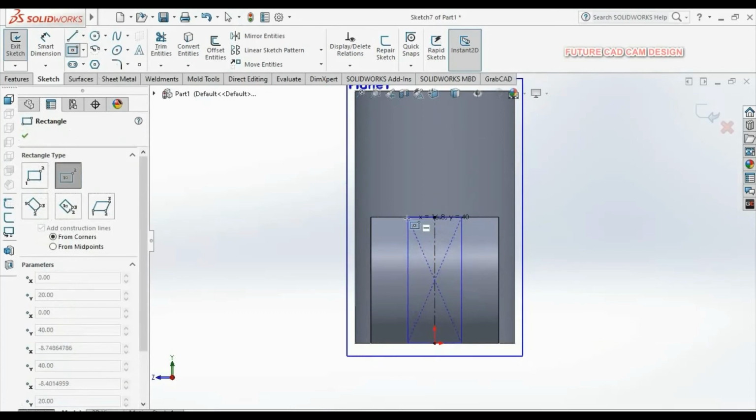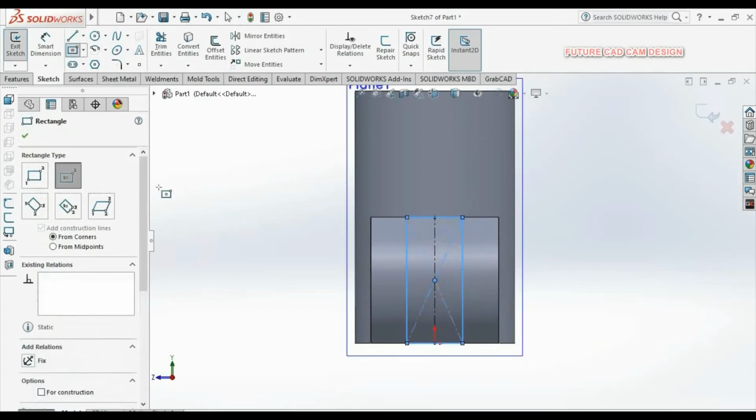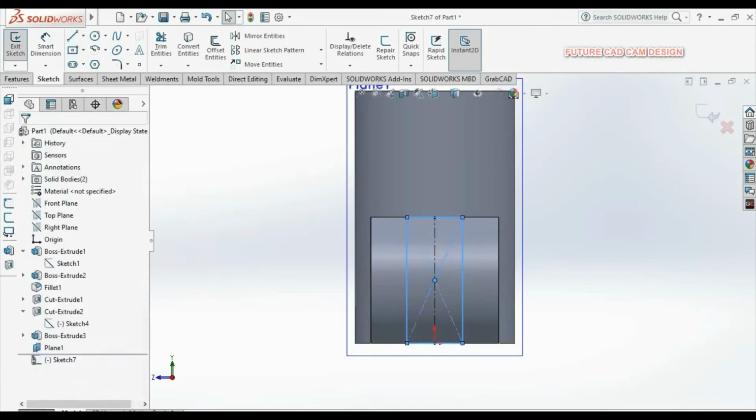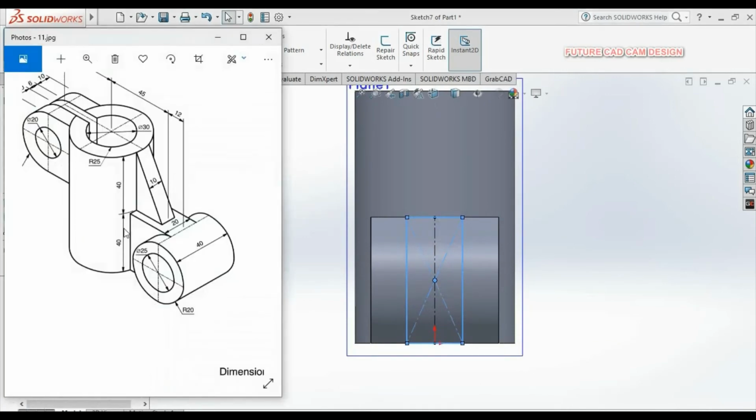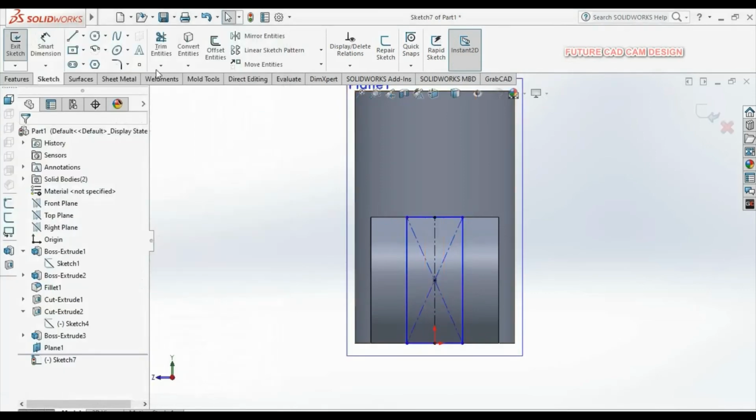So in the sketch I am going to use the rectangle option and I have drawn a rectangle. Here you can see that we need a rectangle of 40 by 20 mm. We need to extrude between two features. So I will give the dimension. The horizontal line we need to give as 20 mm.